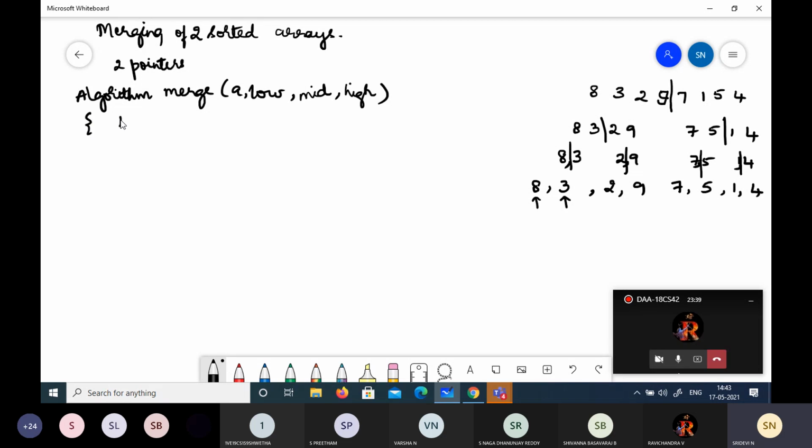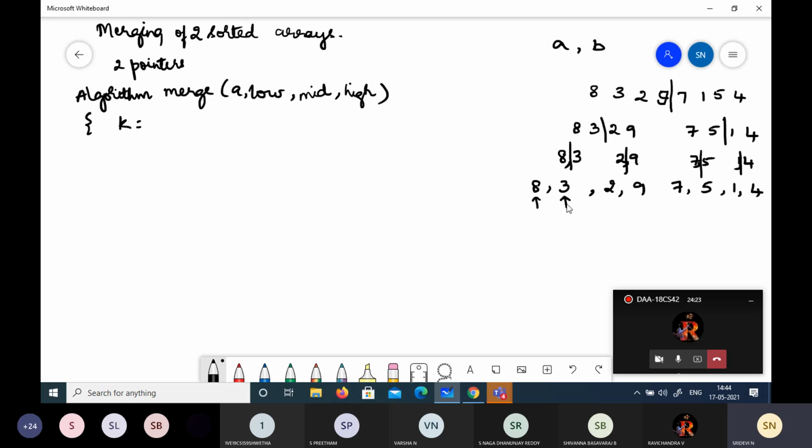After that, we will take these elements, sort them, and keep them in a separate array. We'll copy them into a separate array, and again copy back, so we will need two arrays, A and B. A is the original unsorted array. Then we sort it and place it in B, and again copy back to A. Hence, this is not an example of an in-place algorithm. Algorithms can be classified as in-place if sorting is done without one more extra array. Merge sort is not in-place because it uses one extra array here.